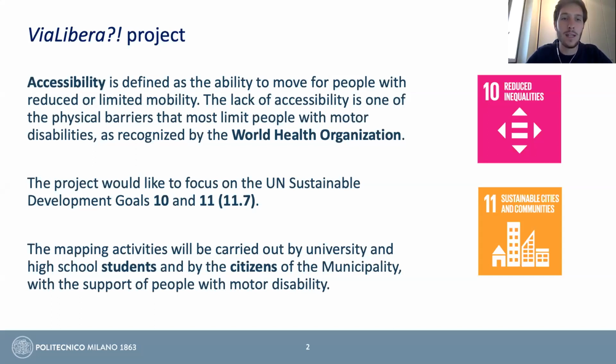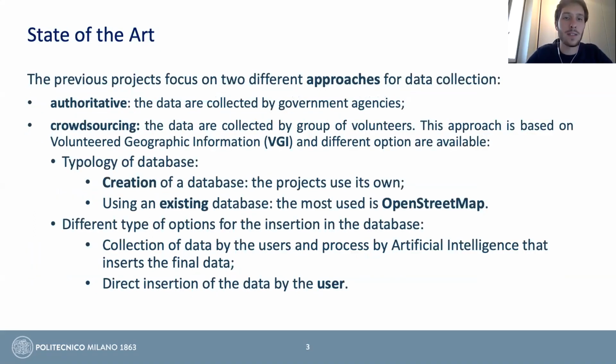And the idea of the project is to create a map of this element of interest, of the barriers in particular. The map is produced not by some agency, but in particular by the high school students and the Politecnico students, and by the citizens of the municipality, with the support of people with motor disability. We start with an analysis of the state of the art of the previous projects that tried to